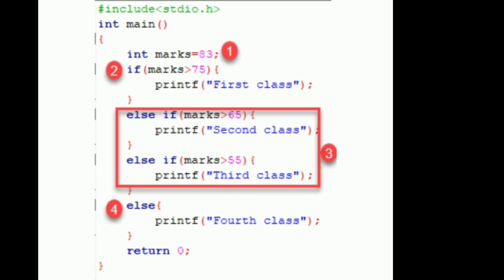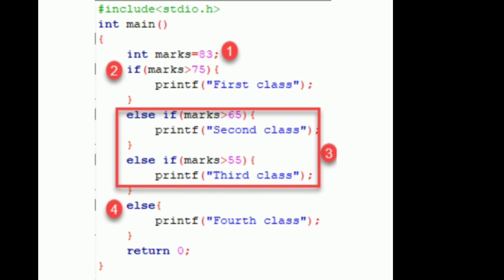Else if marks greater than 75, curly braces start, printf within double quotation second class, bracket closed ended with semicolon, curly braces closed. Else if marks greater than 55,